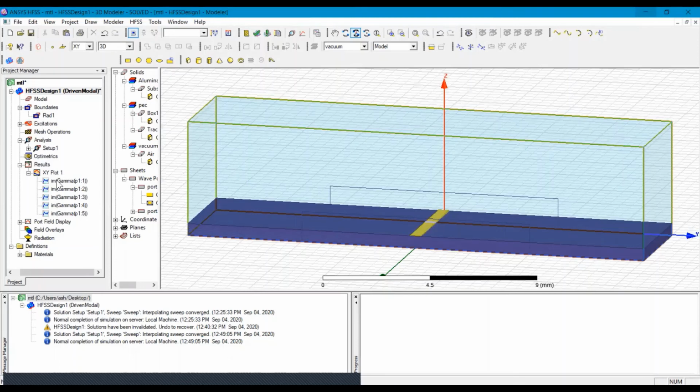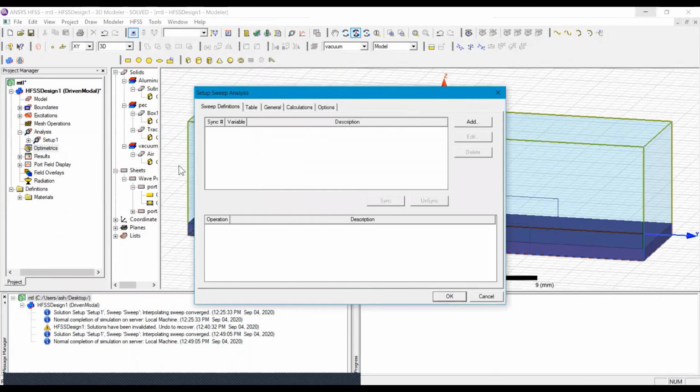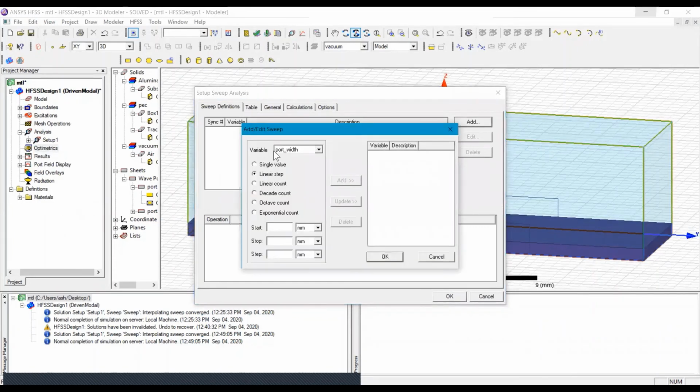So we will go to Optimetrics and then add parametric, and in the parametric we will add the port_width, and in the linear setup we will start from 5 mm and go up to 15 mm.